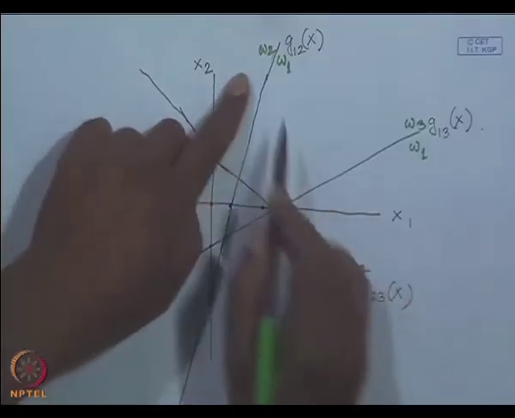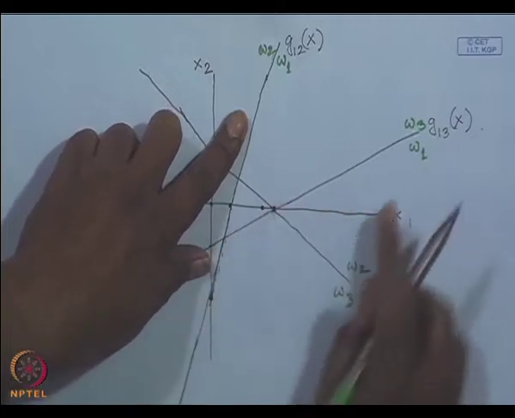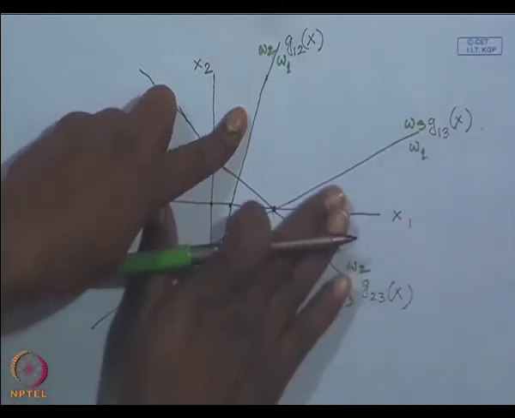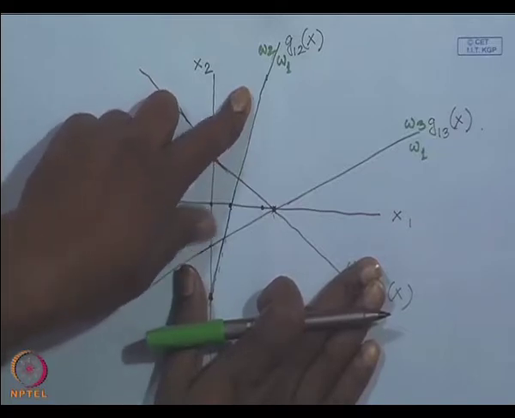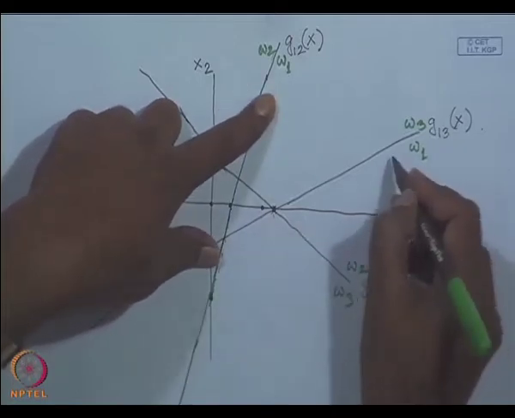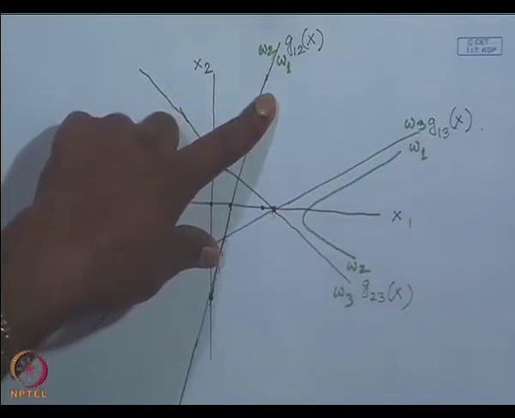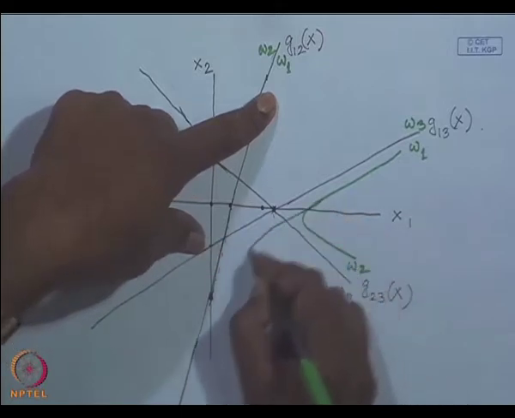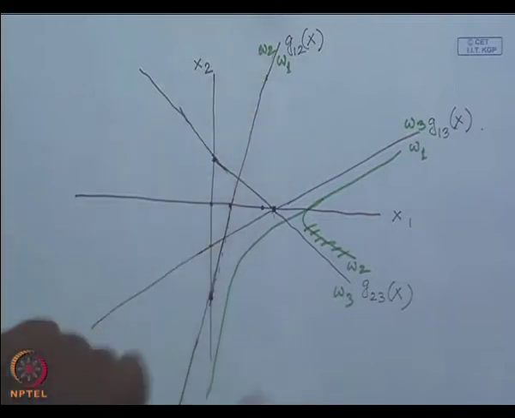Here you find that between class omega 1 and omega 2, this side is omega 1, and between omega 3 and omega 1, this side is omega 1. So, when I take the intersection of this and this, you find that this is the region which will be allotted to class omega 1. Sorry, this is the region that will be allotted to class omega 1. Similarly,